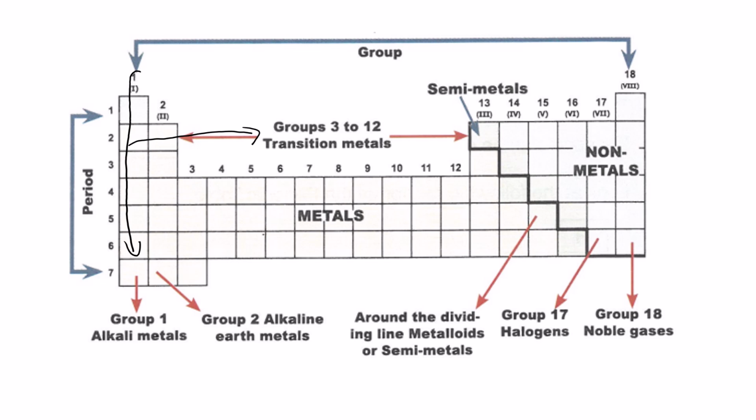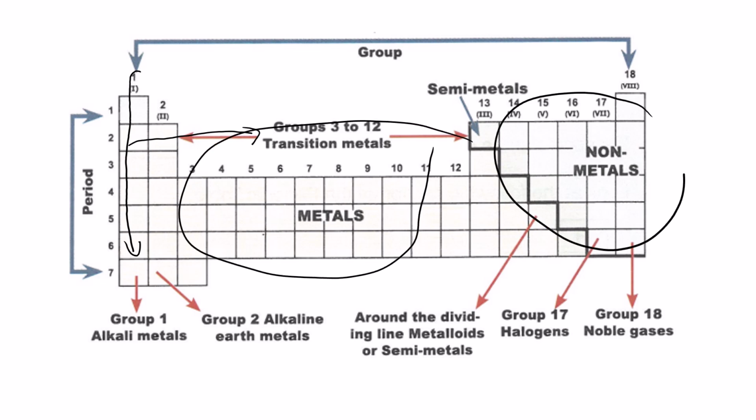Remember that everything to the left-hand side is a metal, everything to the right is a non-metal, and everything touching the metalloid pathway is a semi-metal. The name for that is actually a metalloid, not a semi-metal, but a lot of teachers do allow semi-metals to be said. So just make sure you understand how a periodic table is being used so that when you get to a test, you can use your periodic table to identify which element you're looking at and what is going on.